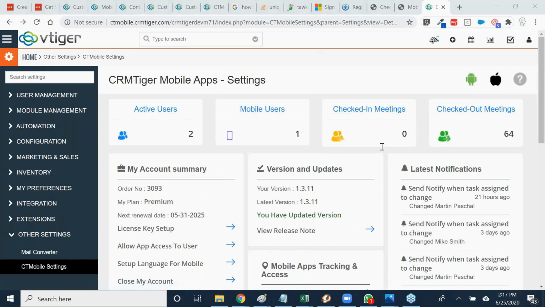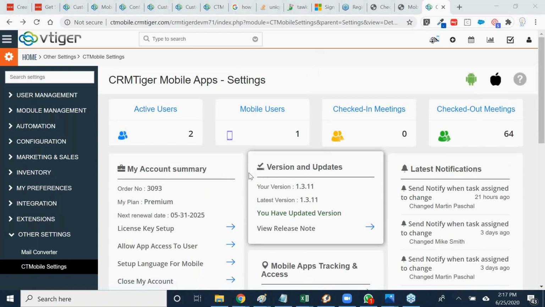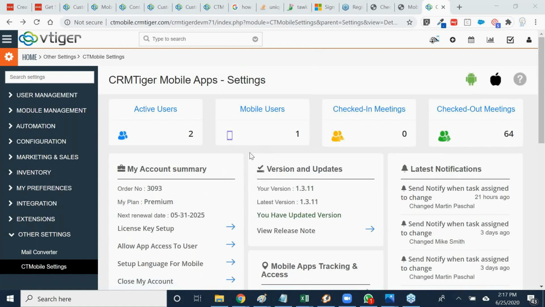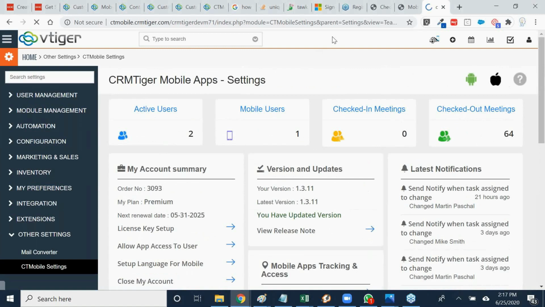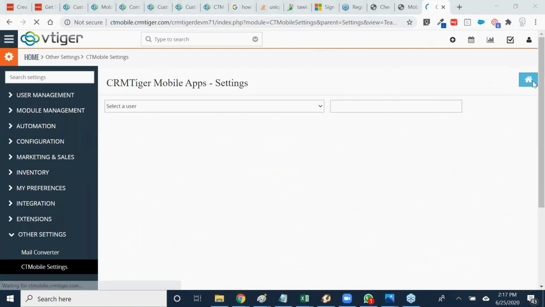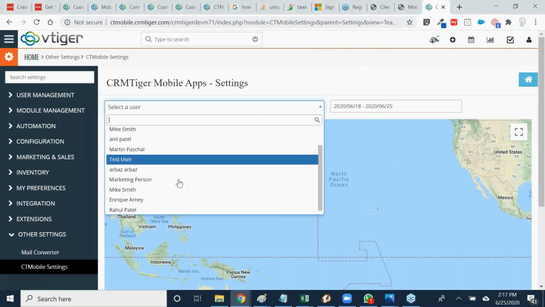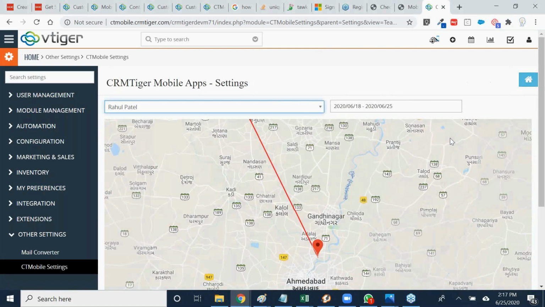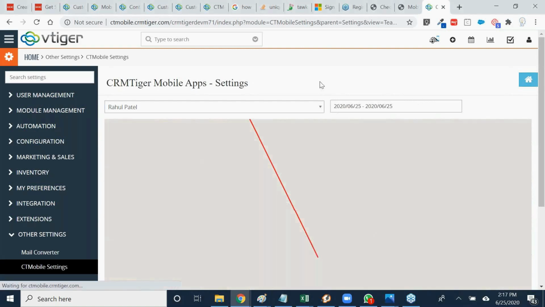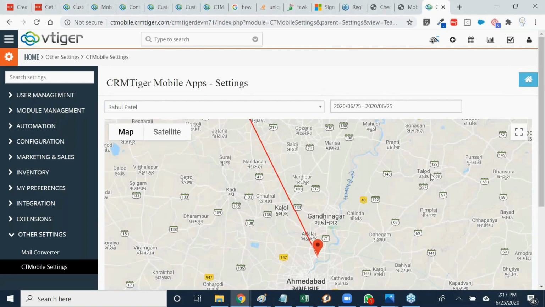Now your question is whether the user movement report displays all the actions the user made on various locations. Let me see if I can show you the report, if it's available. Let me select my user. This is one of my locations.